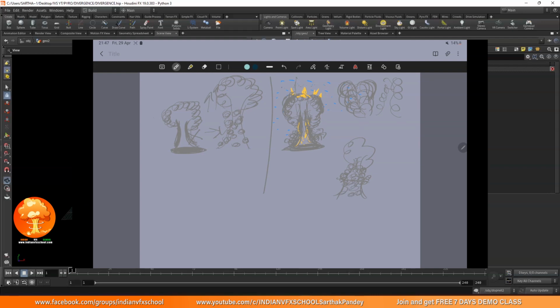So then the next issue comes, then again we get a static shape. So now what we do, let's say after every 30 frames we add a big explosion again. Overall we will have a big plume over here, then a big plume over here, and then maybe a big plume over here, and then a big plume over here. So we will get a very interesting looking silhouette of our smoke,